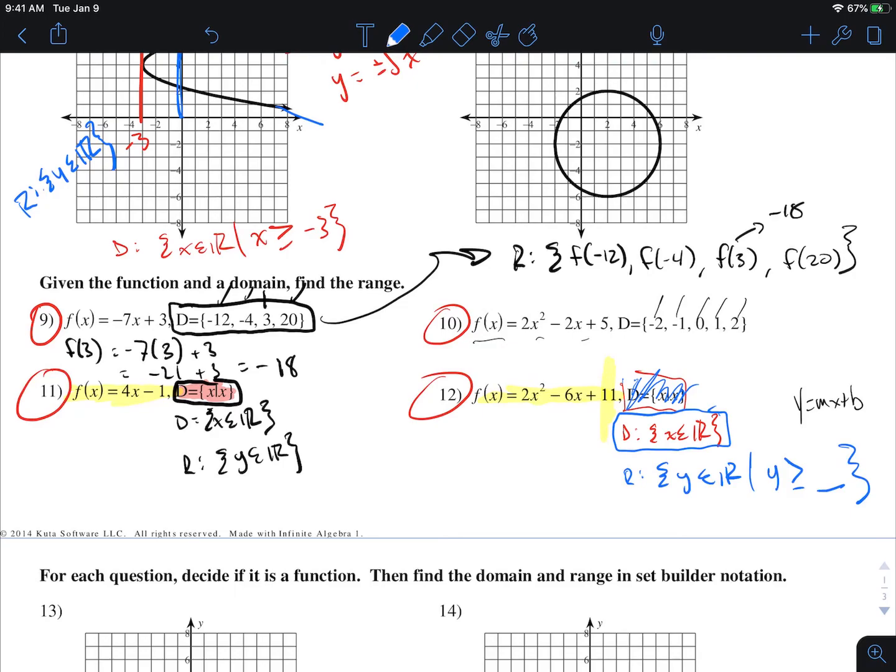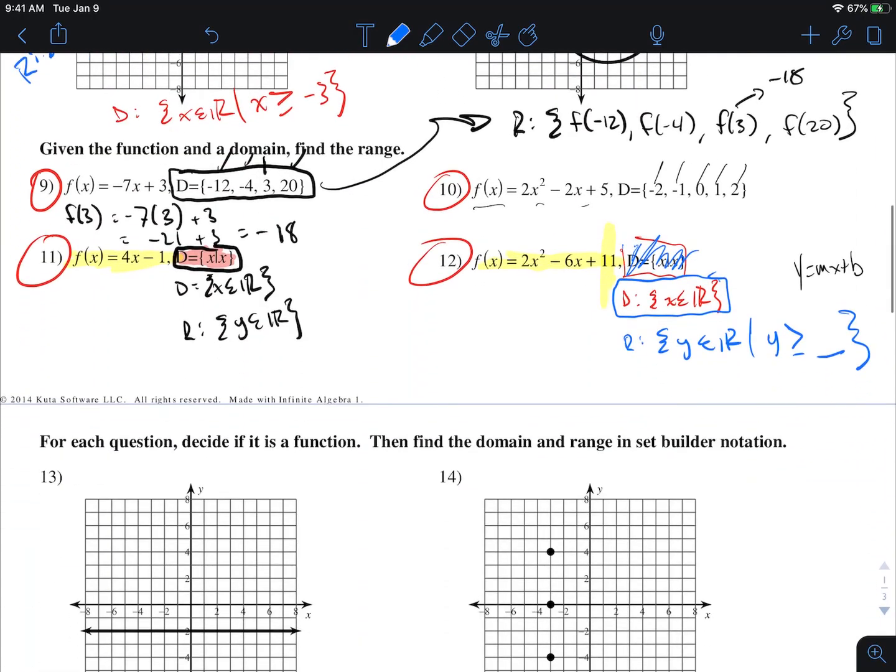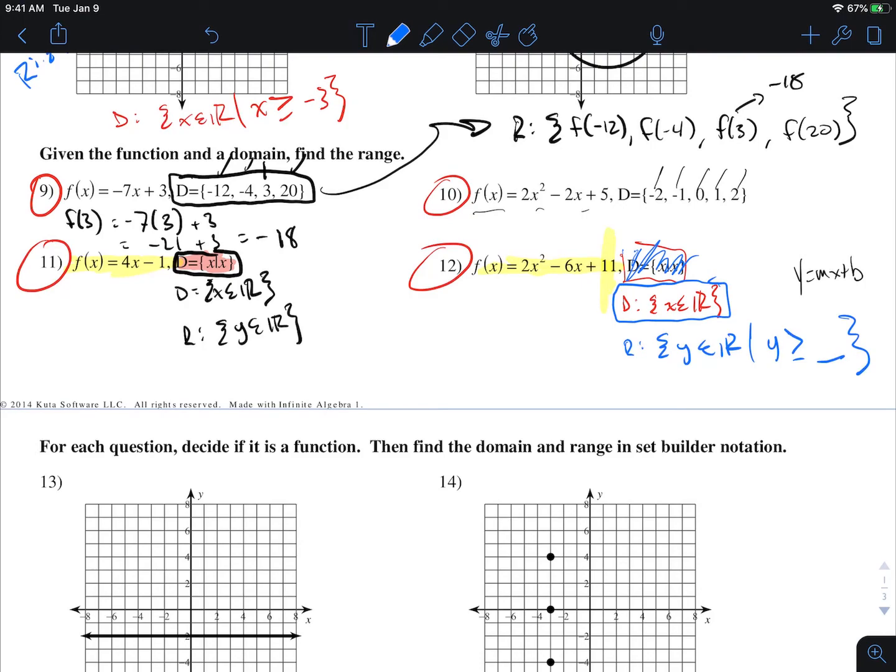This is just their way of doing it, right? Their software, where you get these extra practice sheets. That's just their way of writing x is a part of the real numbers, right? I didn't know what that was until I actually sat and thought. You can kind of deduce what that means by looking at what the function is, right? I see y equals mx plus b. I know there's no restrictions on the domain, right? So then I can deduce what that actually means. But I won't do that. I'll give it to you that looks like that on the test or whatever, right? Okay. So the other